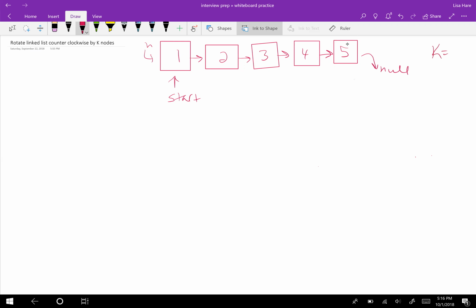So if k equals 3, then we need to move start to this position. And we need to mark the next one as kind of our new head so that we can reassign head to this head as we rotated. So first we mark new head, then we can set this next pointer to null,